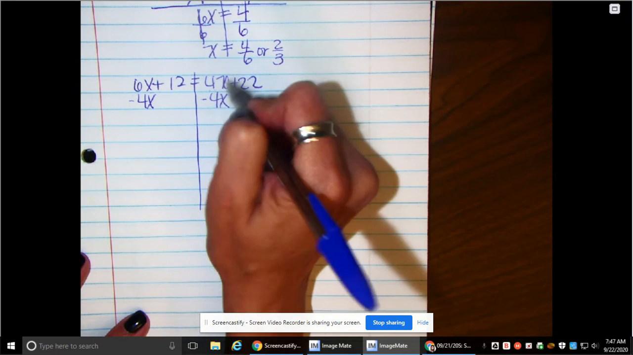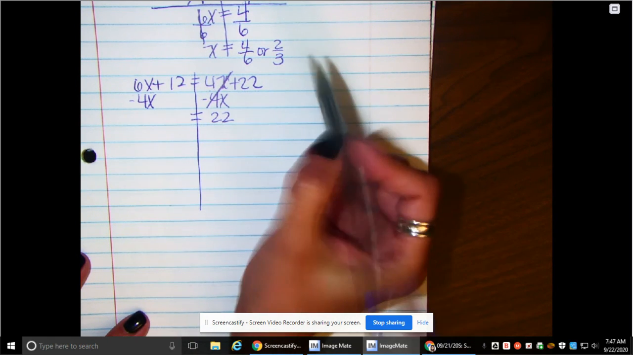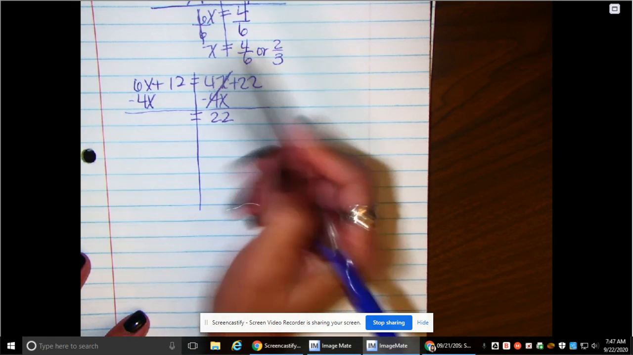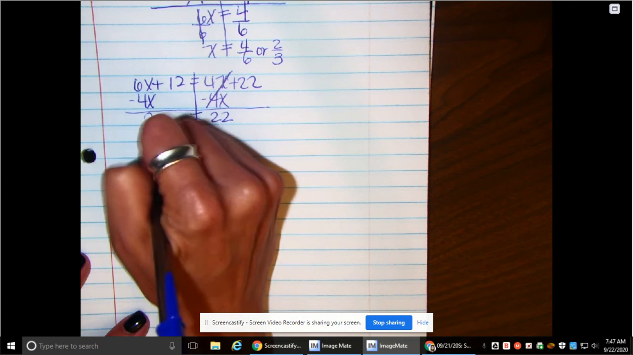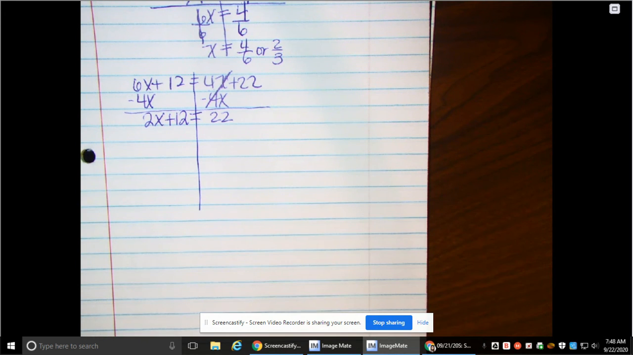That will cancel it out on this side, and all you have left is 22. On the left side, 6x minus 4x gives you 2x. I'm going to bring down the positive 12. So when you're completing the table,